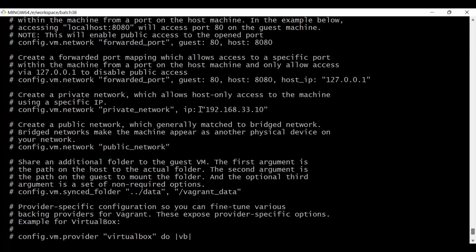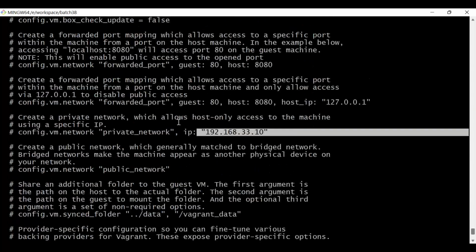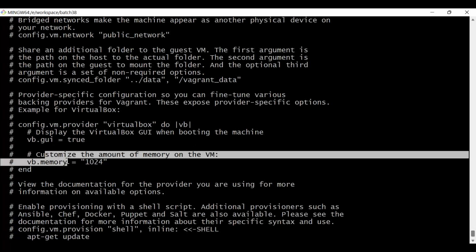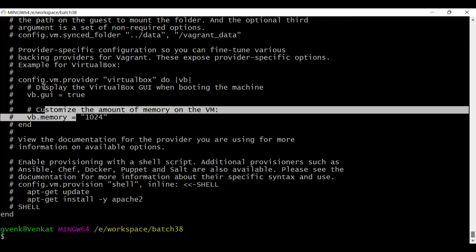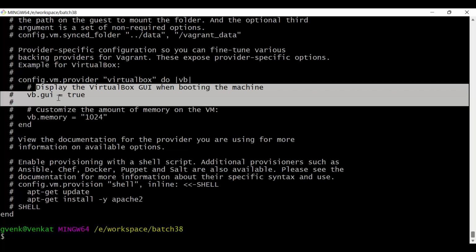How do we define the IP address to connect to this machine? How do we define the file synchronization between the host machine and the guest OS, and how do we define the memory? Even the GUI: if you need the GUI from this virtual machine, you can enable it,